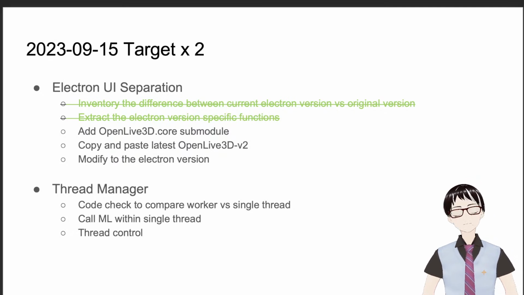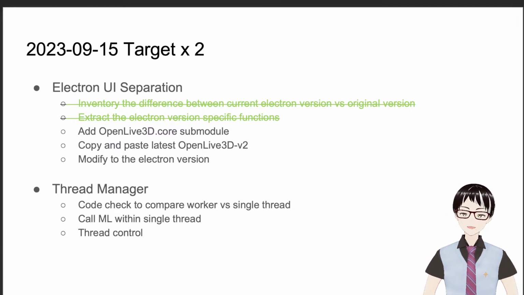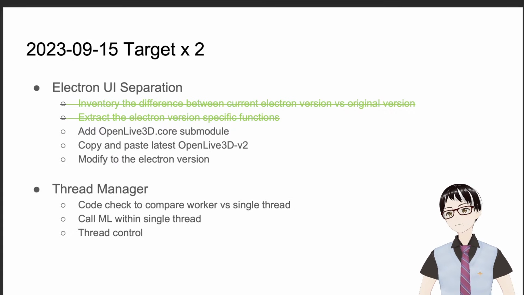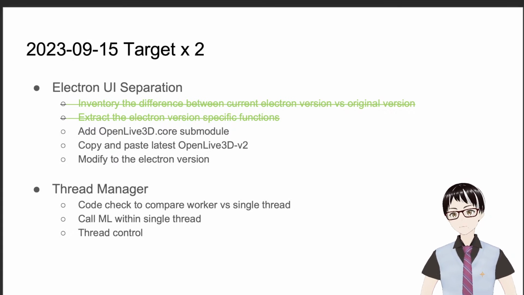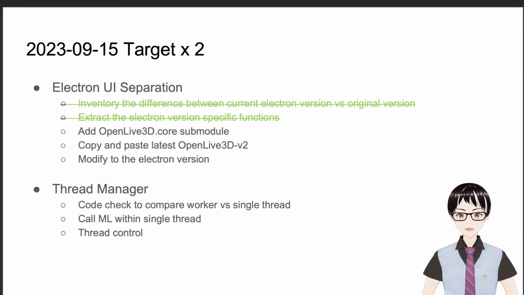Here, we will need to type something in the terminal. So here, I will check a little bit, and I will have to go to the website. You might not be able to see it. So I'll go to the website, go to OpenLive3D core, get the repository URL, open up the terminal,